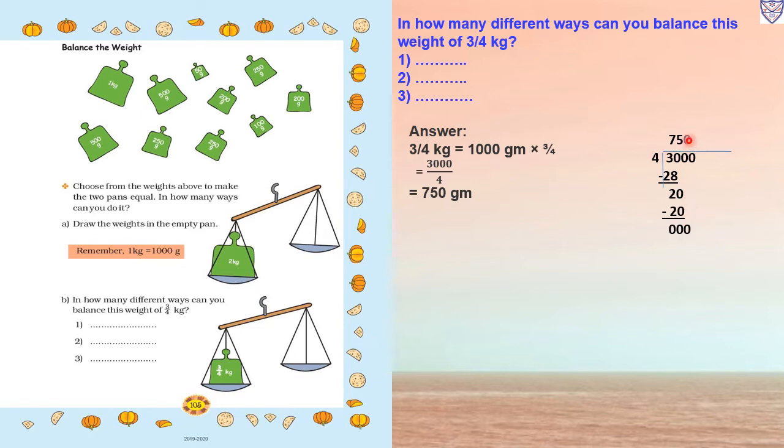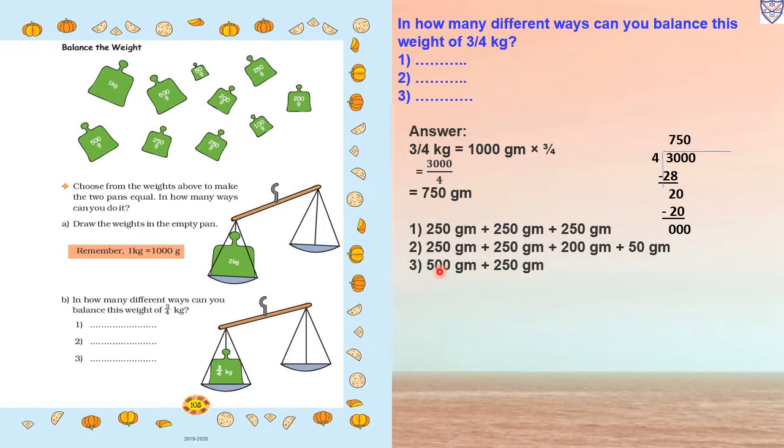So that is in quotient also we will carry down, that is 750. So we will write 750 gram. In how many ways do we have to write? First we will take 250 gram plus 250 gram, that is 500 gram, plus 250, 750 gram. In the second way, 250 gram plus 250 gram plus 200 plus 50. So 250, 250, 500, 500 plus 200, that is 700 plus 50, we will get 750 gram.